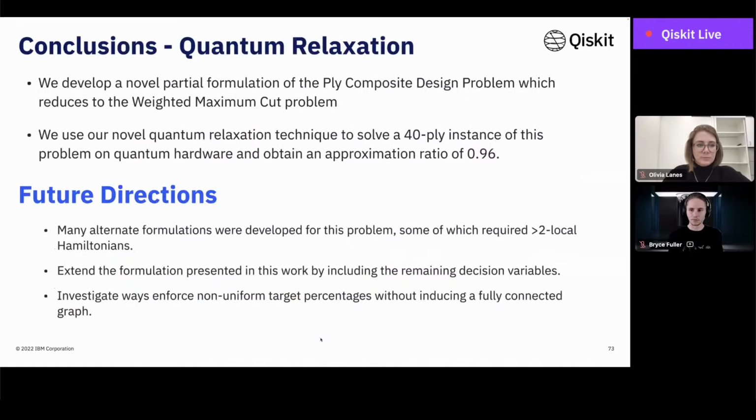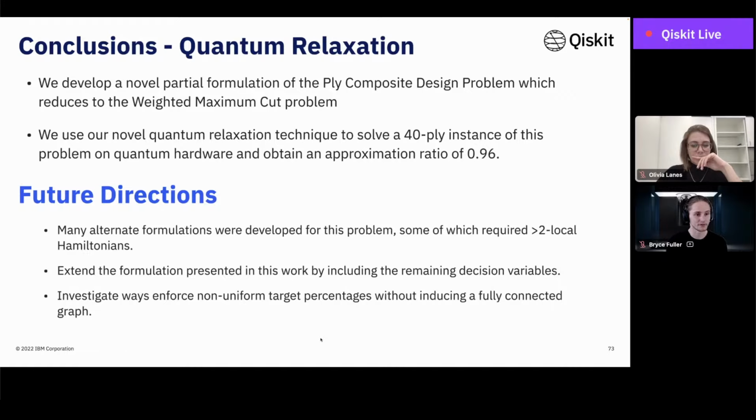Okay, so ultimately, the takeaway from this is that we have a novel formulation of the ply composite design problem. It reduces to the weighted MaxCut, but there's plenty of room to generalize this and add in some of the other constraints. We came up with a lot of formulations along the way. So it was sort of just a starting point for figuring out the best way to model these kinds of problems on quantum hardware. And we were able to use this quantum relaxation technique in order to get an approximation